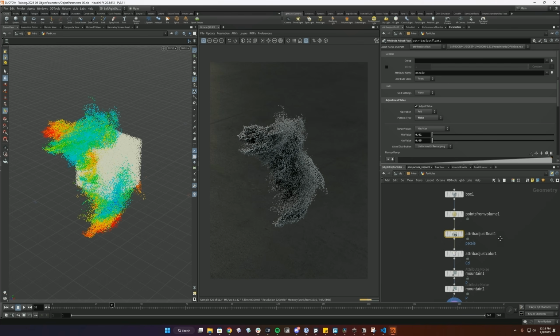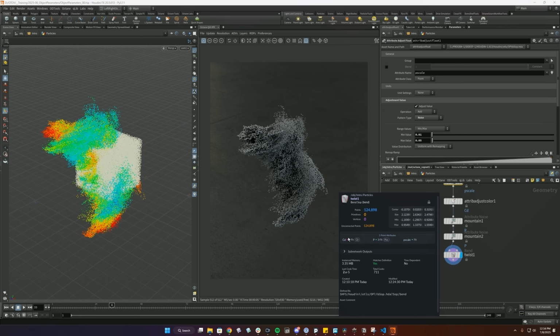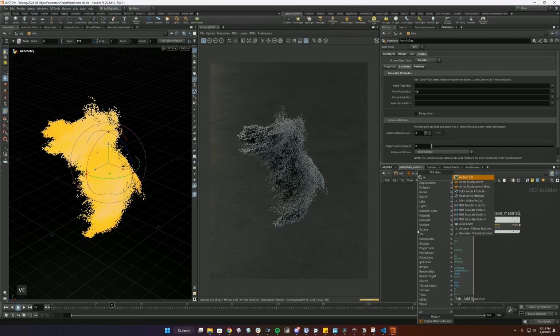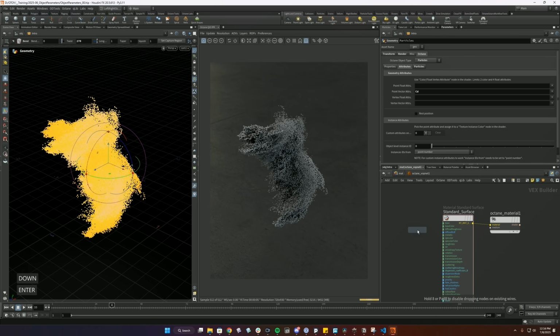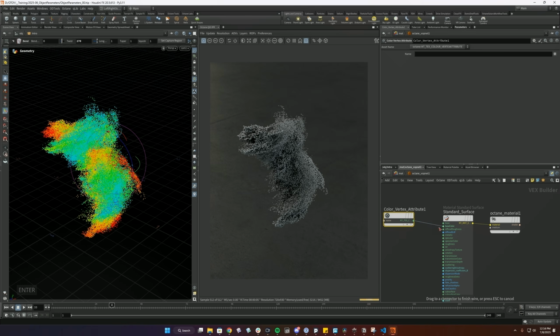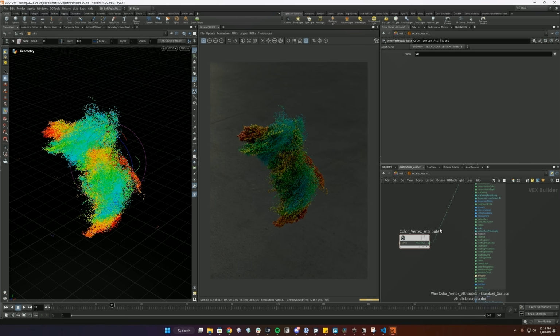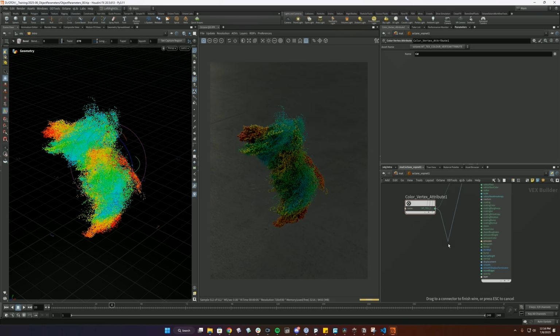If you look in here, we can see the color attribute, CD. And then in the shader, we just add the vertex color attribute. We plug this into our base color, in this case named CD. And here we go, we have our colors coming in. Or if we want more of a glowy particle, maybe we want to plug this into our emission color